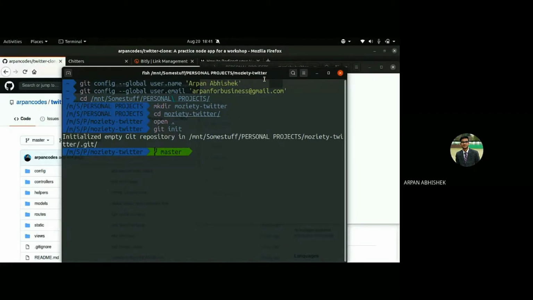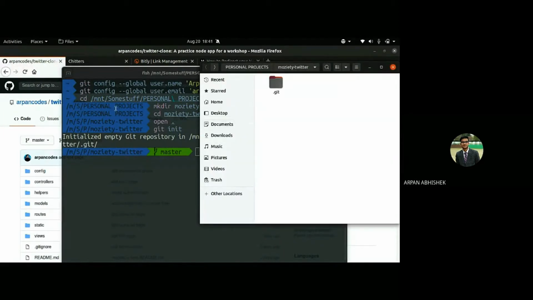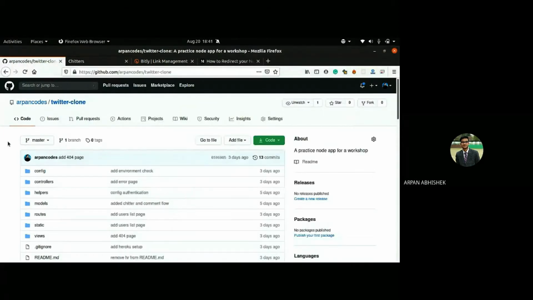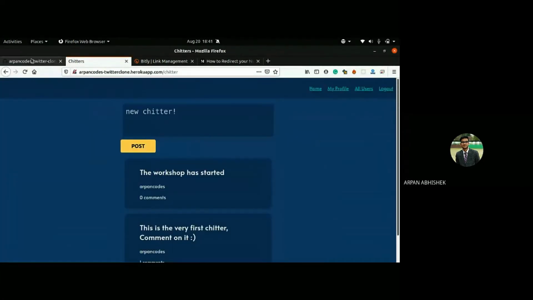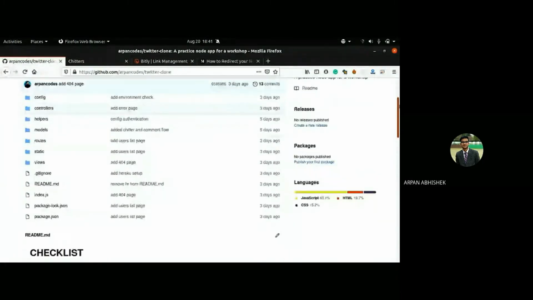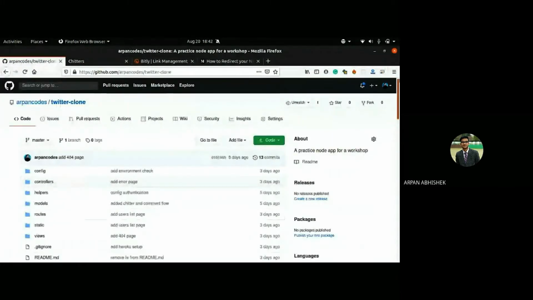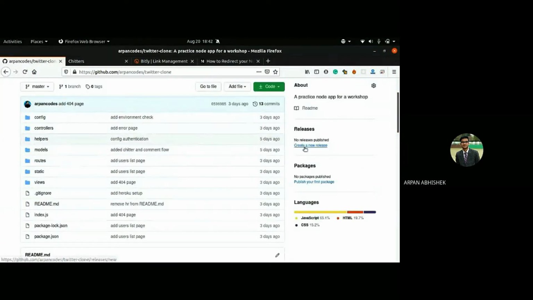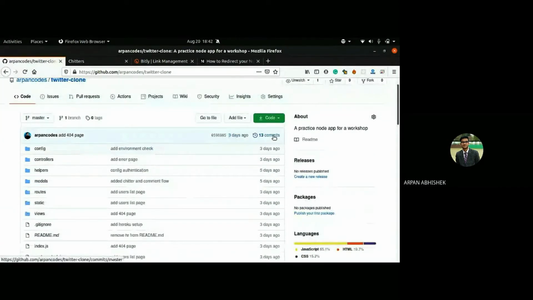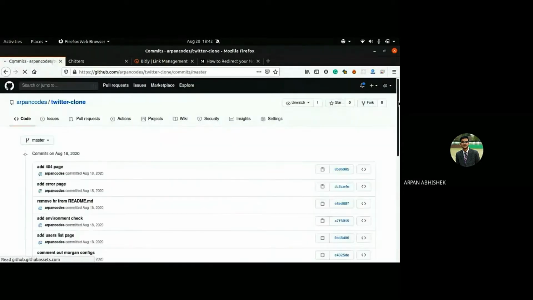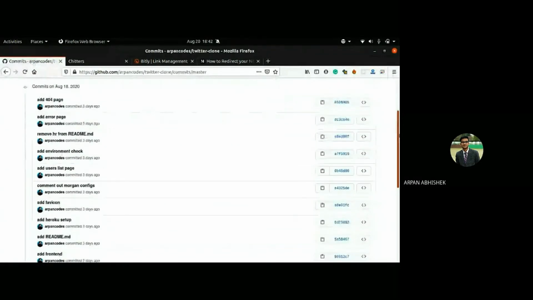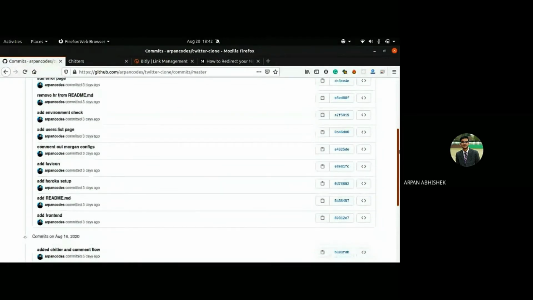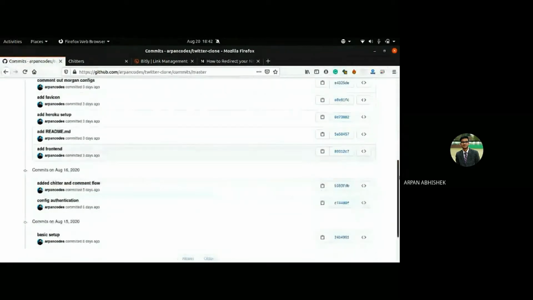And some of you might be confused with Git and GitHub. How are these two different? So I have that project which I just showed you, and that's uploaded on my GitHub. GitHub is basically a remote storage where you can store your Git repositories. You can come here and see all of my commits. Commits are basically saved changes where I have told it to save till here. So yeah, these are all the changes which I made.